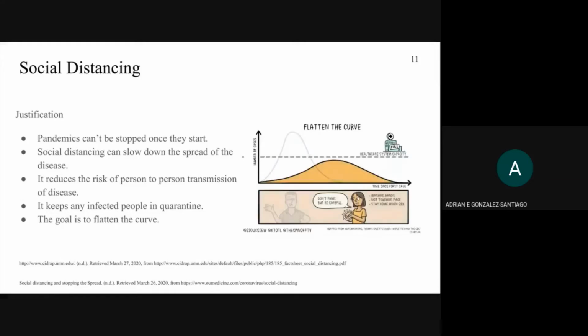The goal of this practice is to what they call flatten the curve, which is basically lowering the number of cases that appear in every country, not to stop the disease, but to decrease the cases in a substantial way so that the disease can be